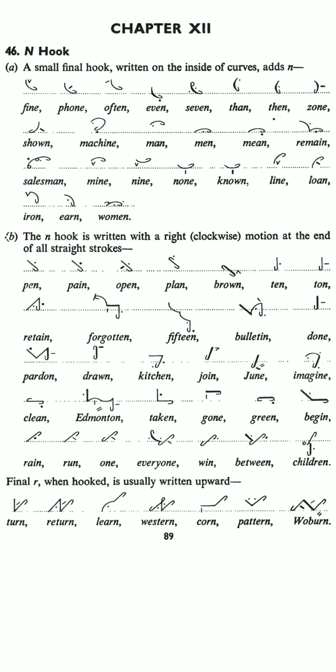Zone, S Z Z बनेगा, Z with n hook on the line, heavy dash on the second place of Z after it। Shown, ISH with n hook on the line, heavy dash on the second place of ISH after it। Machine, M above the line, ISH with n hook, light dot on the first place of M after it and heavy dot on the third place of ISH after it।